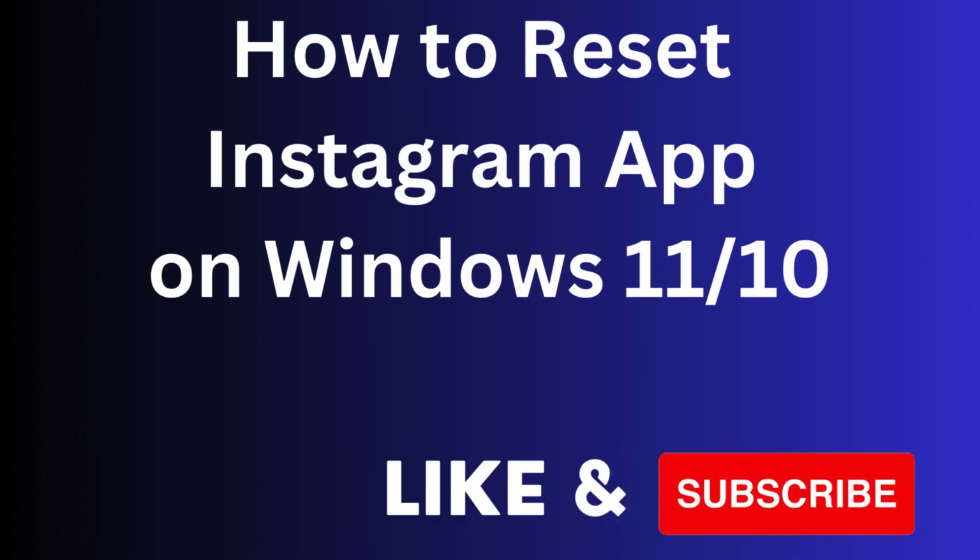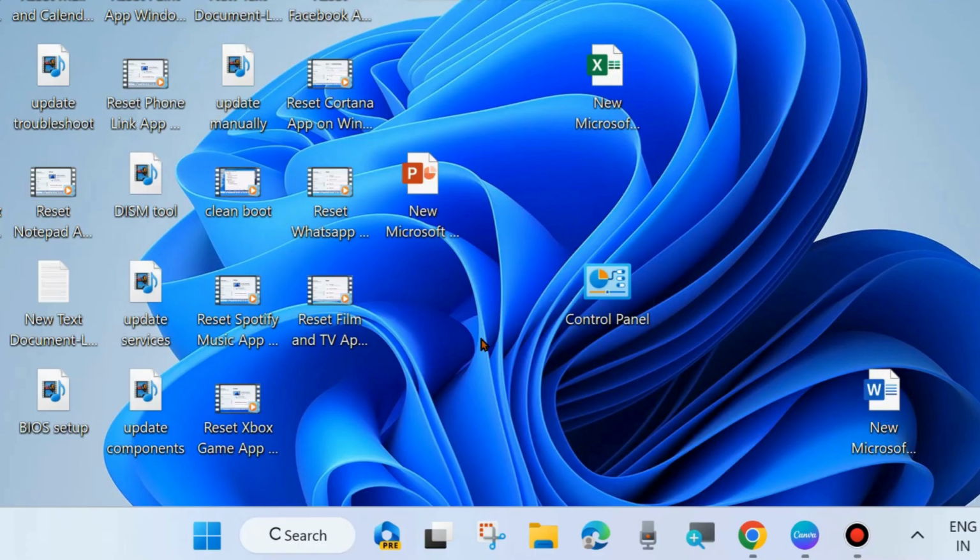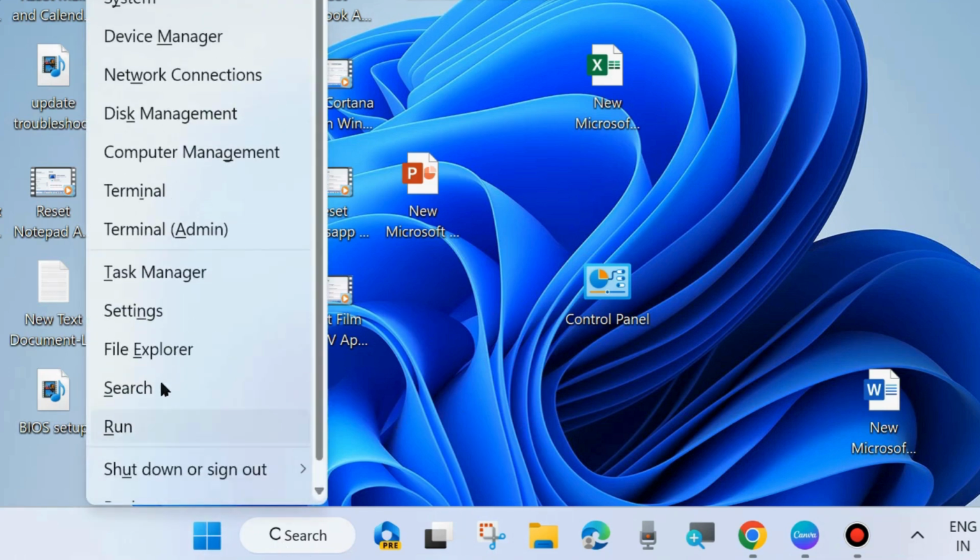Hello guys, how to reset or repair Instagram app on Windows 11 and Windows 10. If you are failed to operate Instagram on your Windows PC, then here are the fixes. You can reset Instagram. To do so, open Windows settings